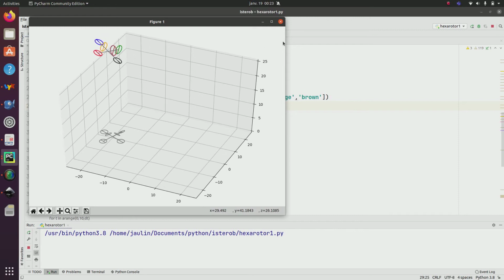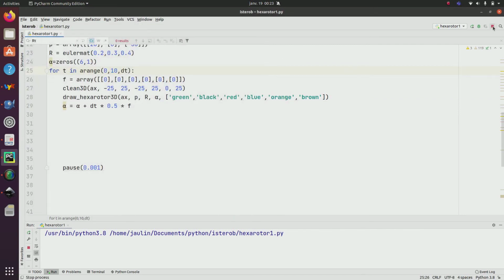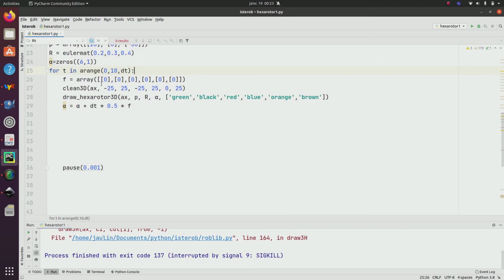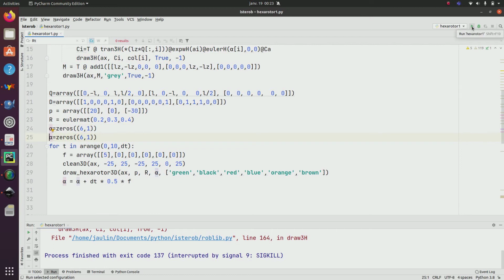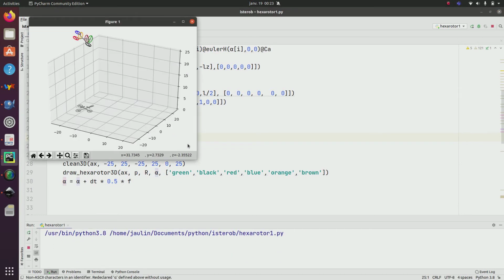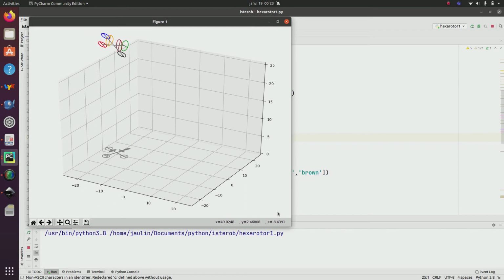Just to see how it works, how it is linked with respect to the forces, I will change the force. For instance, here I will put a force equal to, let's say, 5. So it is F1. I run it, and I can see the green one corresponding to the first one is now rotating, so it will yield a force in the direction of x, and the direction of x corresponds to the blue.